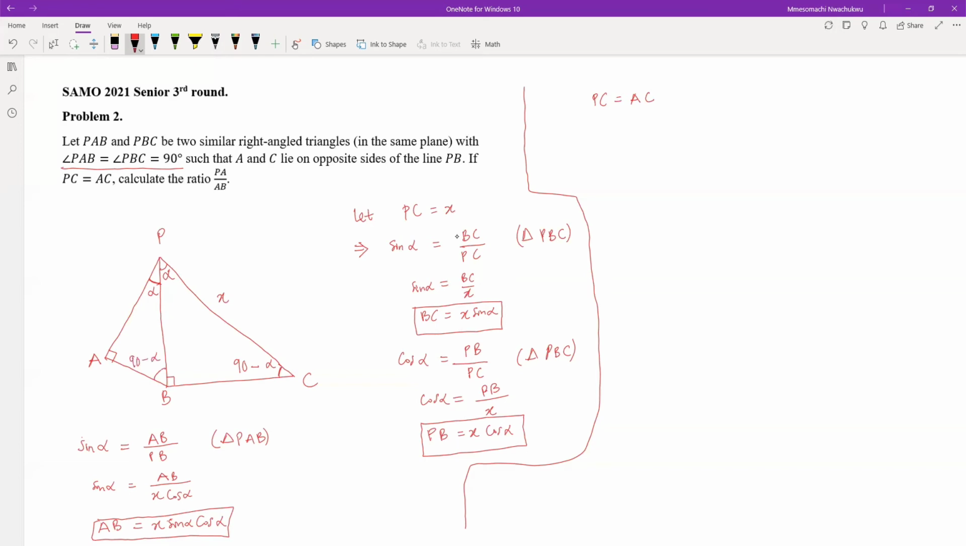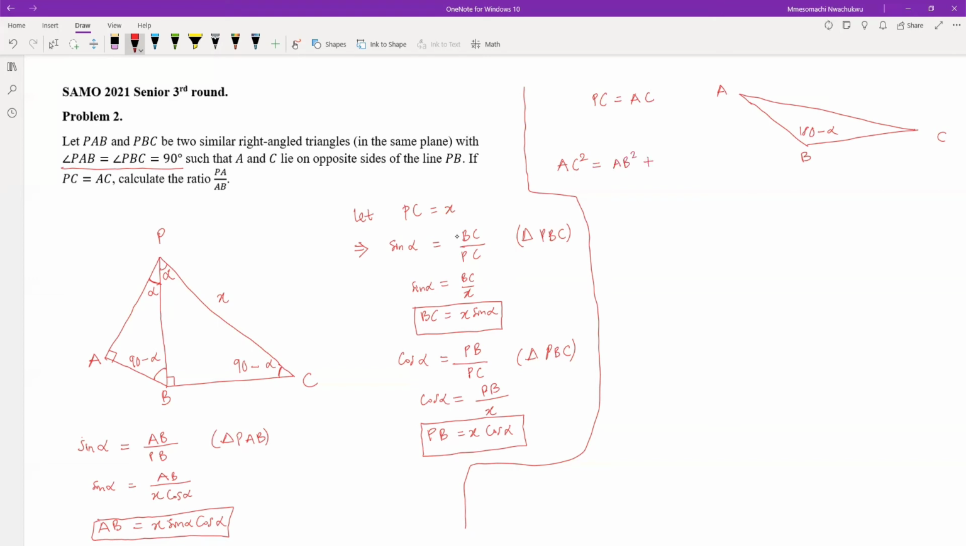Okay, so from triangle ABC, we have 90 plus 90 minus alpha. This angle here, B, is going to be equal to 180 minus alpha. Okay, so now by cosine rule, AC squared is equal to AB squared